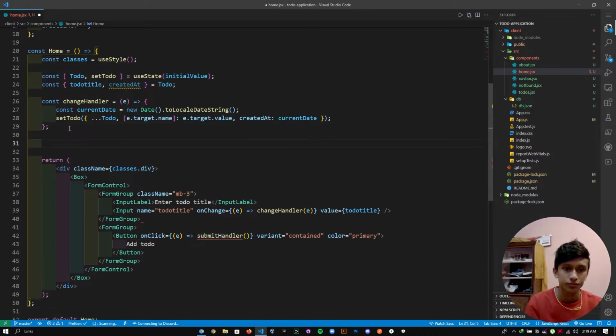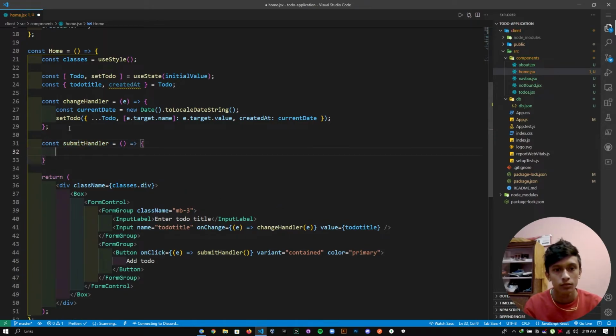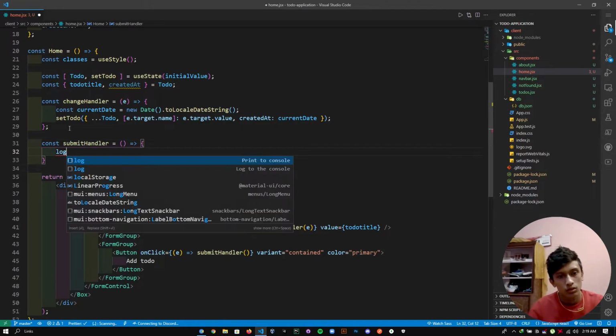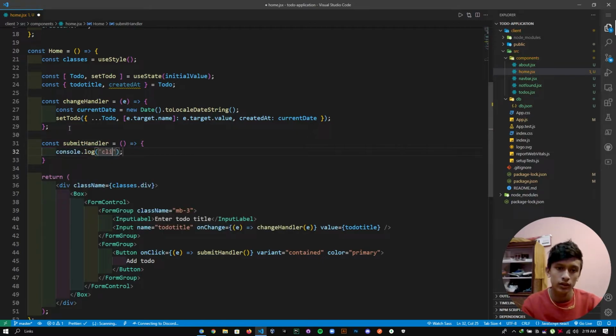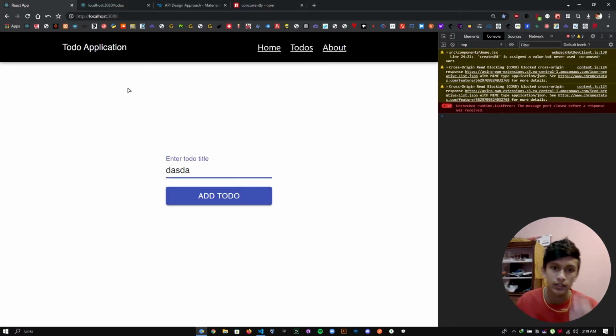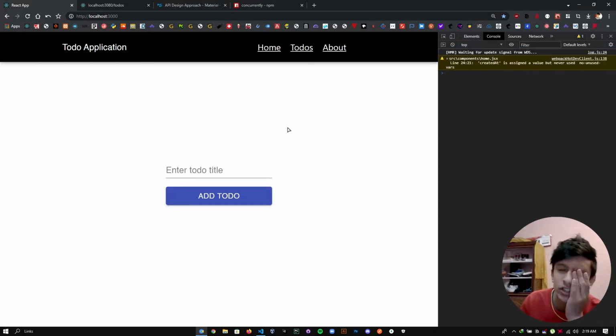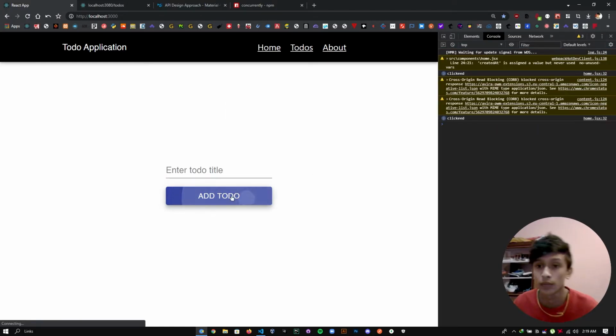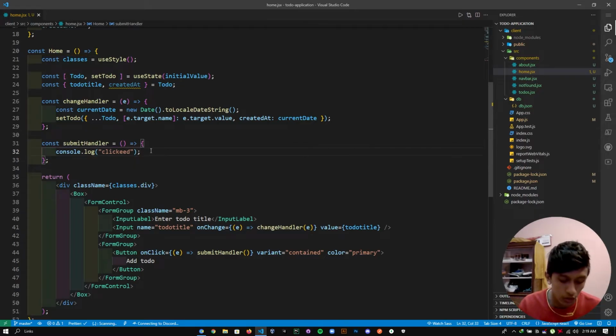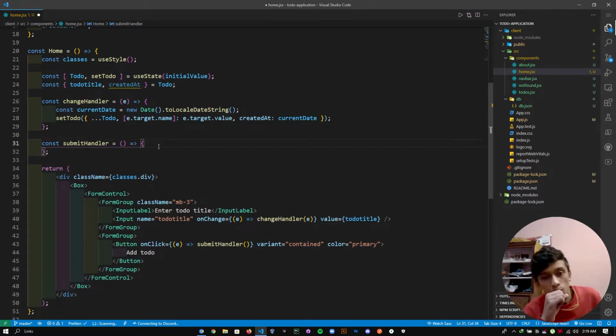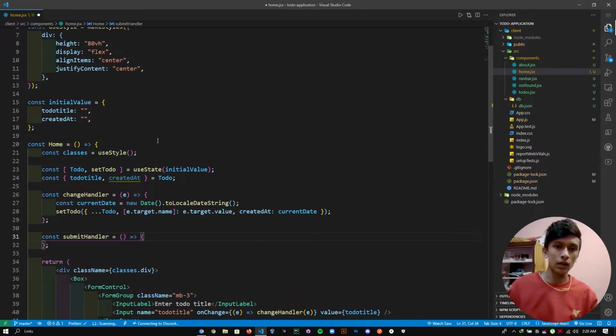Okay, it's going to be an arrow function. I will just log "clicked". If I save and reload, I don't need to reload a lot, I'm getting clicked. Okay, so now I need to